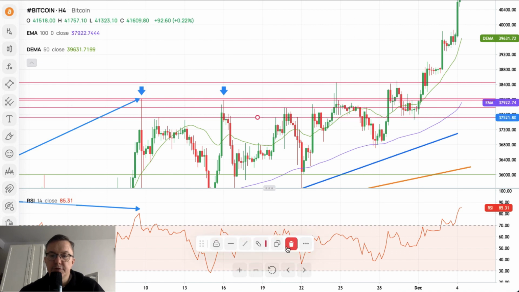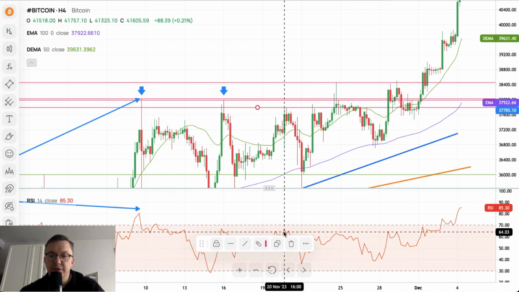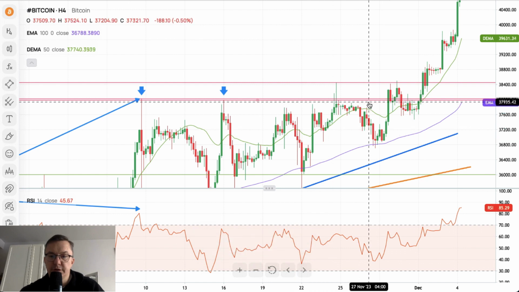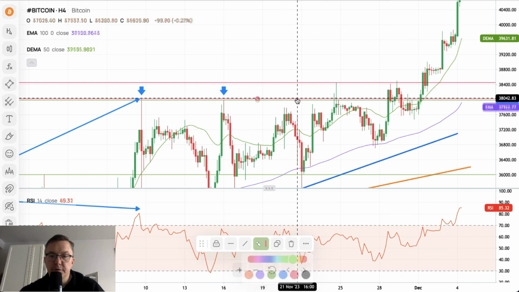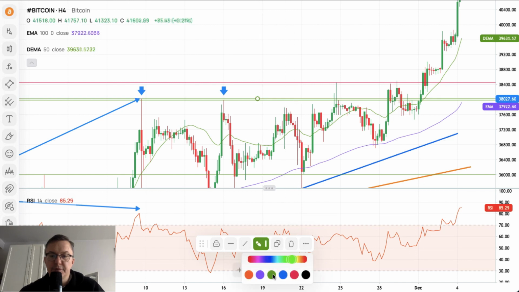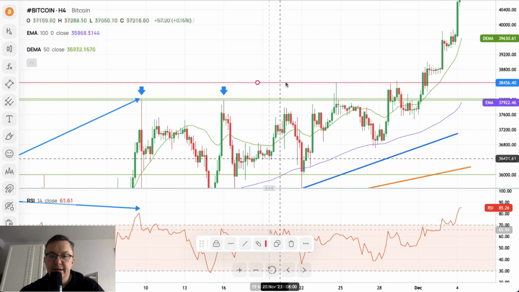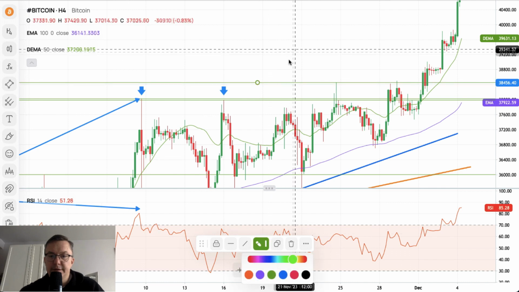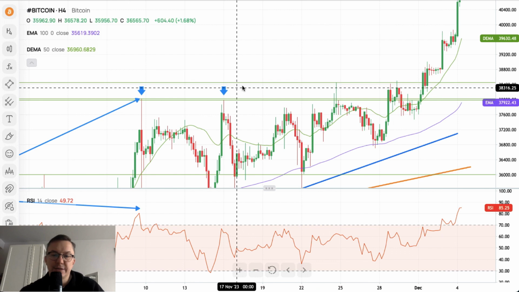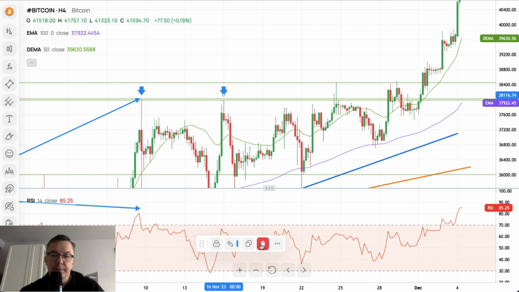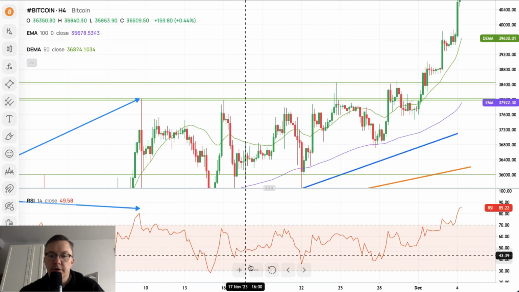So let me just remove the not that much important one from the chart because we need an update. Let me reverse the colors from red to green, of course, so we can indicate that the technical support. This technical support is between 38,023 and 38,462. Those arrows are no longer relevant.